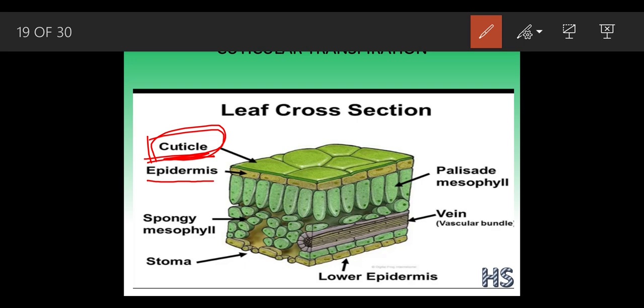How does it protect? Because it covers all the pores. All the holes get hidden by this cuticle part. As all the holes get covered, there would be less transpiration and more absorption. You can see this in the cactus. Cuticular transpiration is very well suited for xerophytic plants. What do we mean by xerophytic plants? Those in regions which are dry and hot. The line says the greater the thickness of cuticle, the lesser the transpiration.